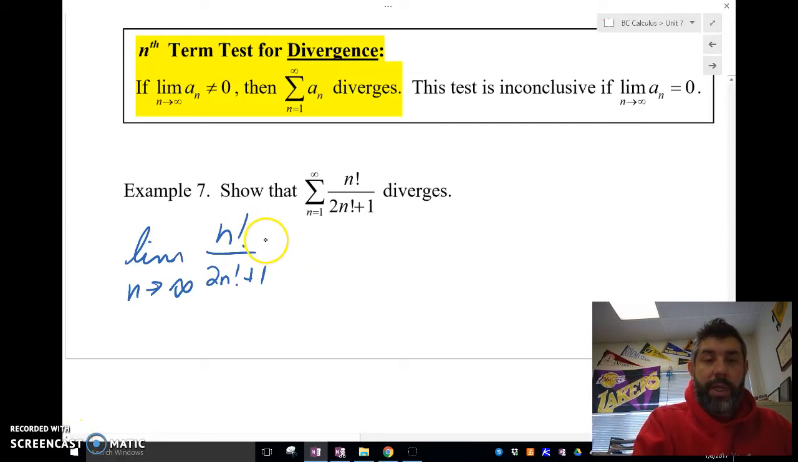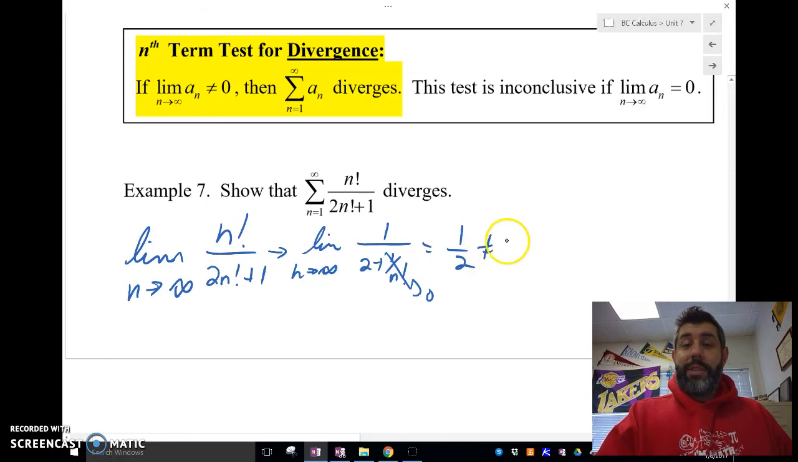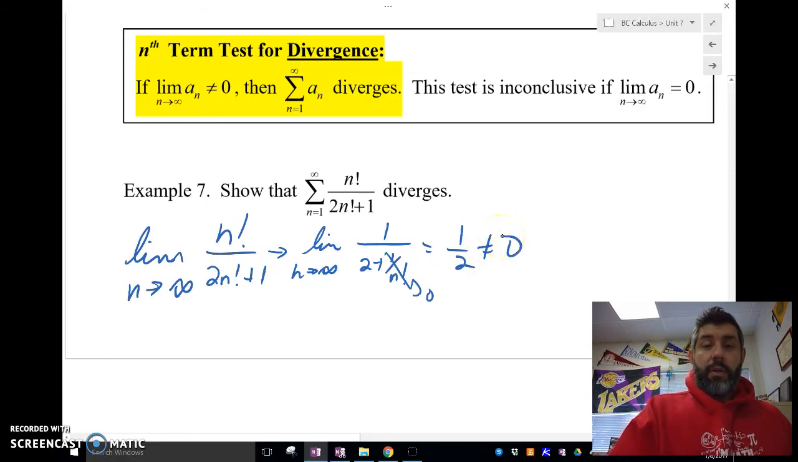And what I'm going to do is a little tricky move here and divide everything by an n factorial. All right, so that's going to look like the limit as n approaches infinity of 1 over 2 plus 1 over n factorial. And when I plug in infinity for n, 1 over n factorial is just going to go to 0, and I get 1/2. Now, since the limit of a sub n is equal to 1/2, which does not equal 0, this series diverges